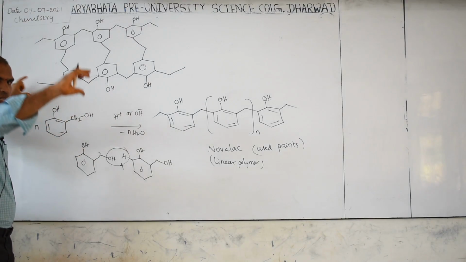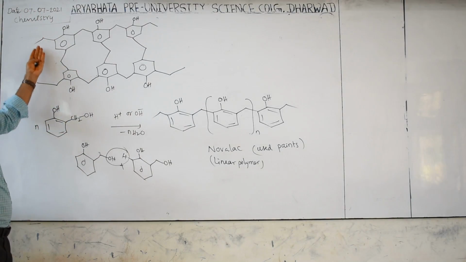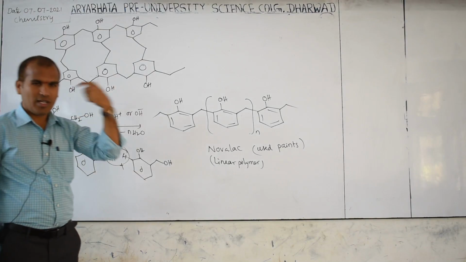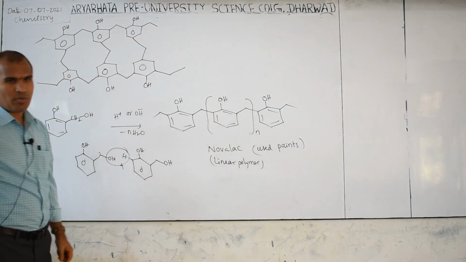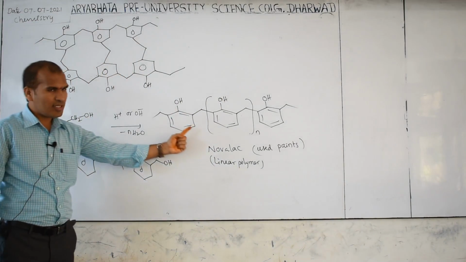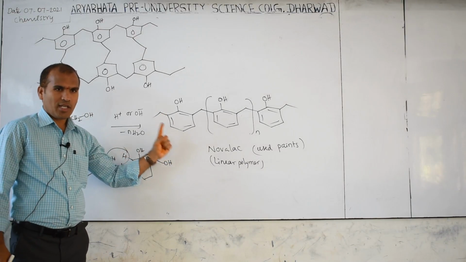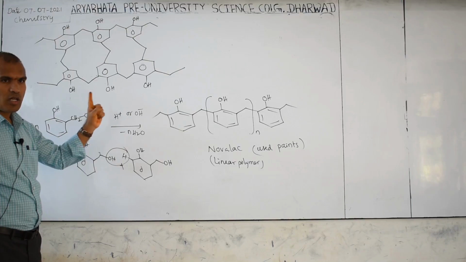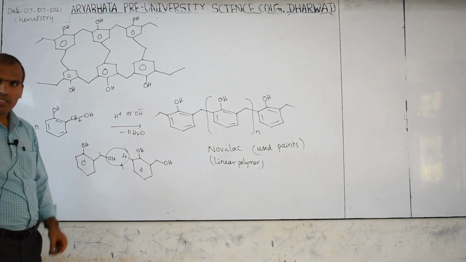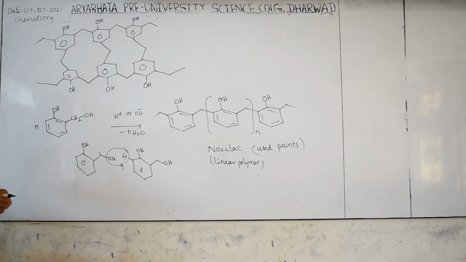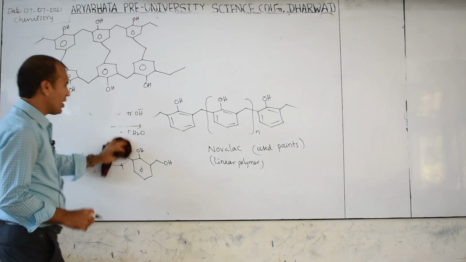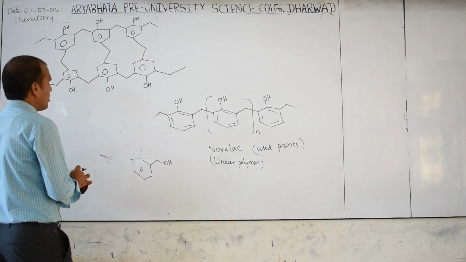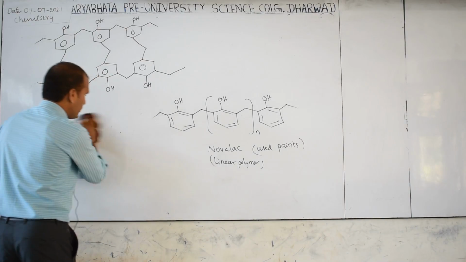This will continuously form bonds. As long as you are interested, you can write up to here, up to here also, one more molecule also you can create, no problem. So this is the bakelite structure, and this is Novolac. This Novolac is a linear polymer. Bakelite is a cross-linked polymer. So is bakelite a homopolymer or copolymer? Copolymer, because phenol is there, formaldehyde is there. So note down, bakelite is a copolymer.